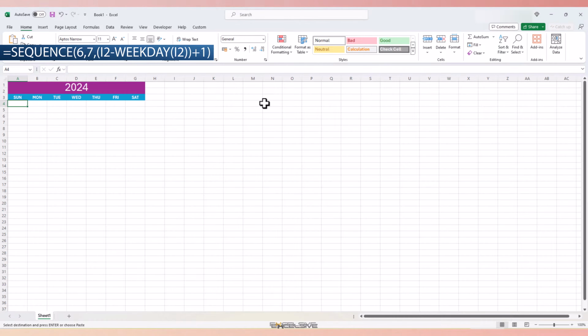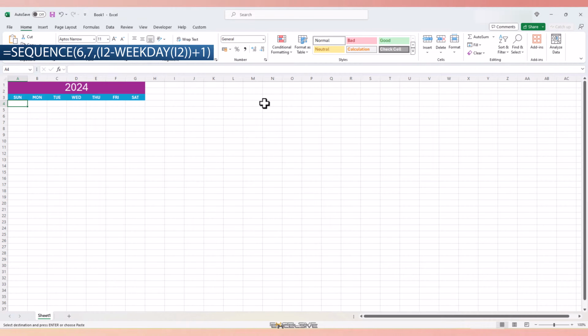But as I said, this was for a month and it was based on today's date which was mentioned in cell I2. So every time you open the sheet, the calendar updated itself and started from today's date and showed all the dates for the next 30 days. This time, we are changing some arguments here to fit our purpose today. For instance, instead of 6 rows, we are going to use 53 to show the weeks in the whole year. Also, I want this calendar to serve you in future as well, so I link it to the year here. So when you need it to change for upcoming years, just change the year up here and your calendar updates